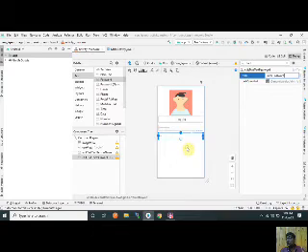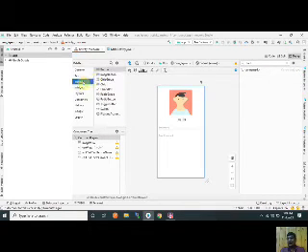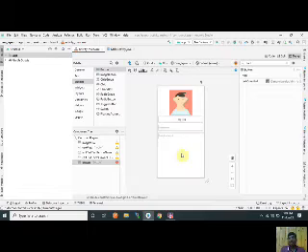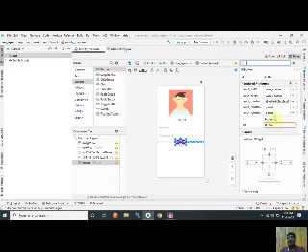Now move on. Now I go to the button. So I take a button and insert it here. Perform the same operation. Okay, and now same as before, I insert the text into that.